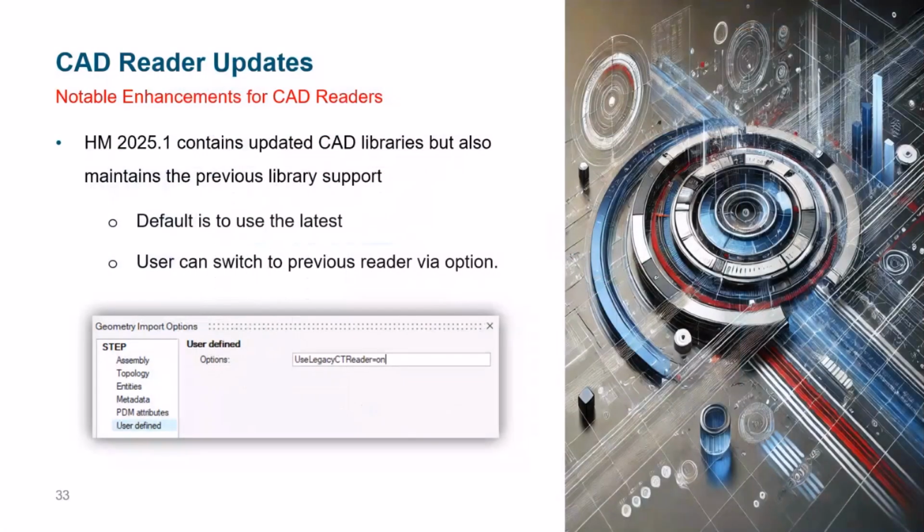Moving on to other CAD readers, there have been notable enhancements to most of the CAD readers. HM 2025.1 is special in the sense that it contains our third-party libraries. There are 2 versions of them. One is the previous library support, which is at the end of life, and also the newer one that was provided to us. The newer one happens to be the default,